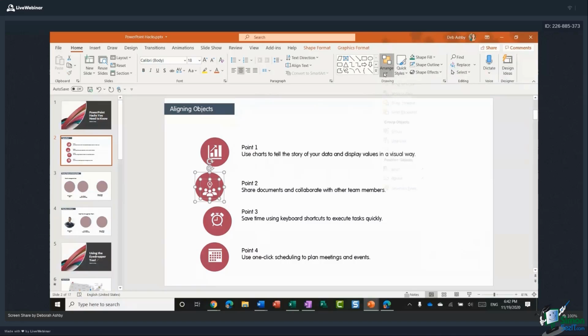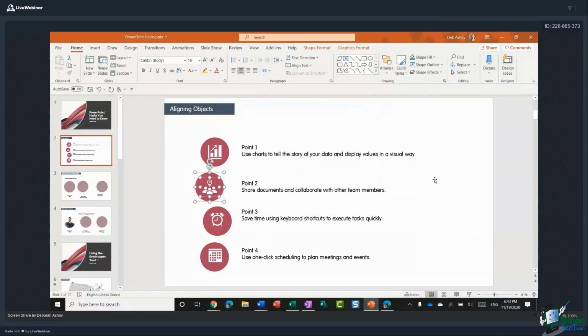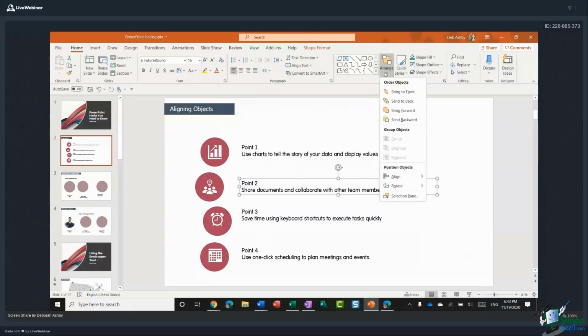I'm going to go back up to arrange and do the same thing, align center, and then down again and align middle, just to center that in that respect. Now, one thing I would advise that you do is I find myself using the alignment tools all the time. So to make my life a bit easier, so I don't have to keep jumping into this menu, I will always add align center and align middle to my quick access toolbar to make them super easy to access.